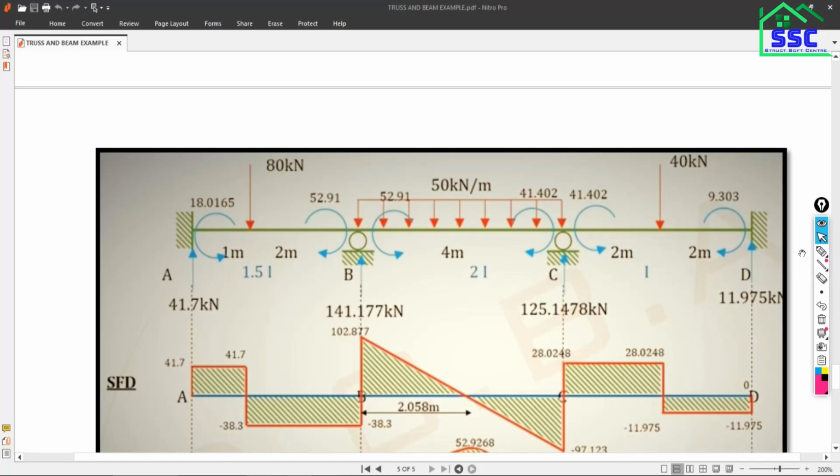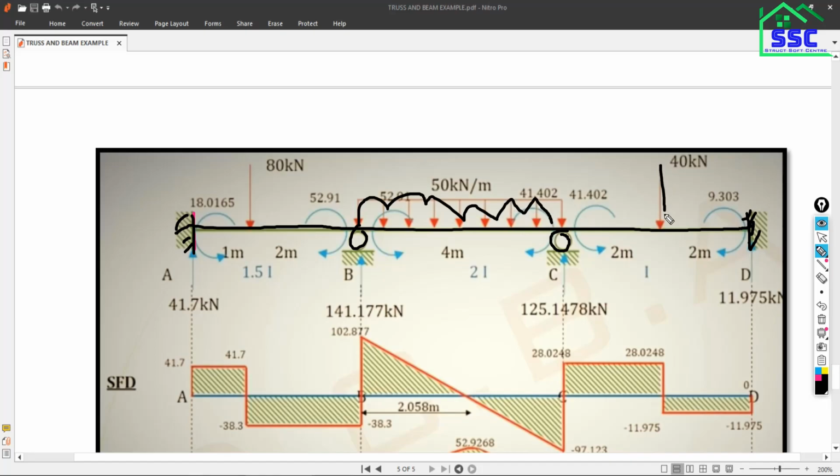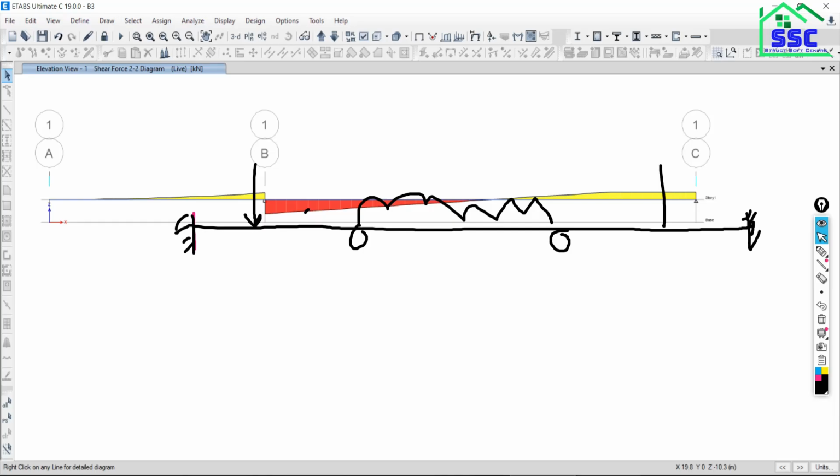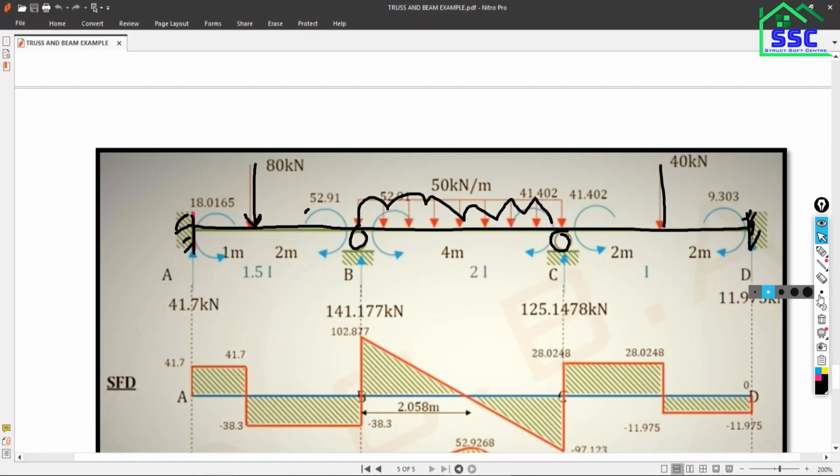Okay, but here what I want to say, this beam is there like this, whose both ends are fixed. This is the roller support, this is the roller support, and this UDL loading is there, and these point loads are there only, and these moments are actually not there. Okay, so we will model this beam. So let me know how many grids will be there.